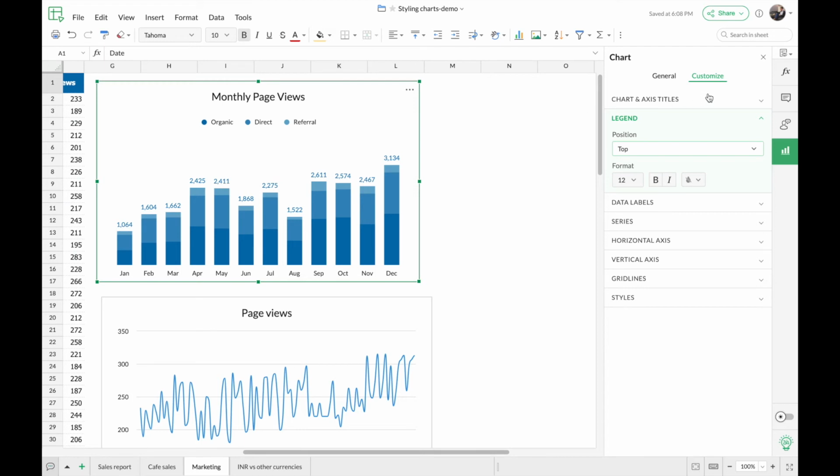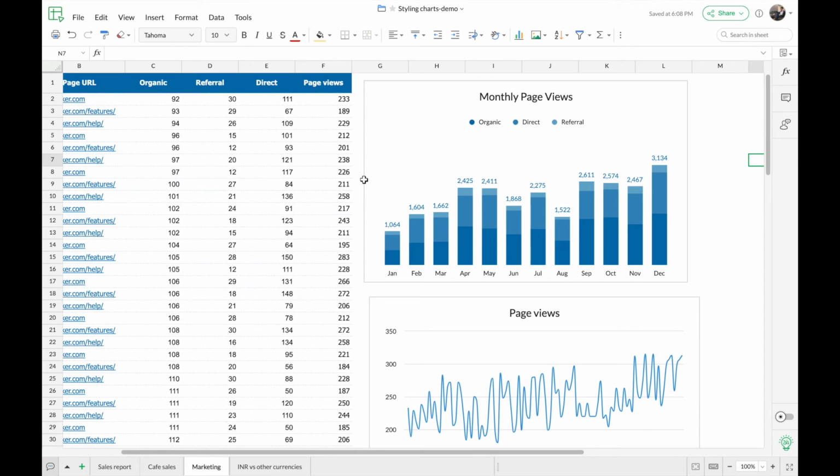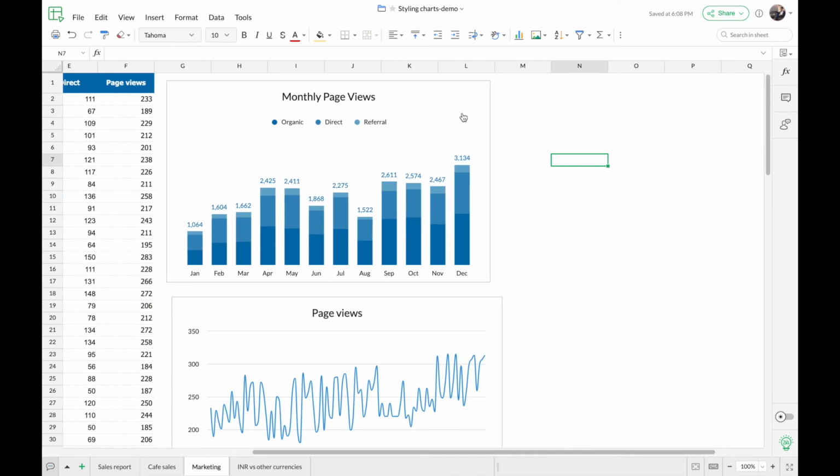And now that we have done the necessary customizations, I'm just going to show one more small tip or trick that you can do when you're using a chart with a white background. So here you can see that the chart has a thin border line. You can see a rectangular border line around the chart here. So when you want the chart to not be displayed as a rectangular object in your dashboard, so if you do not want the rectangular shape or the border to be displayed in your chart, you can remove it as well.